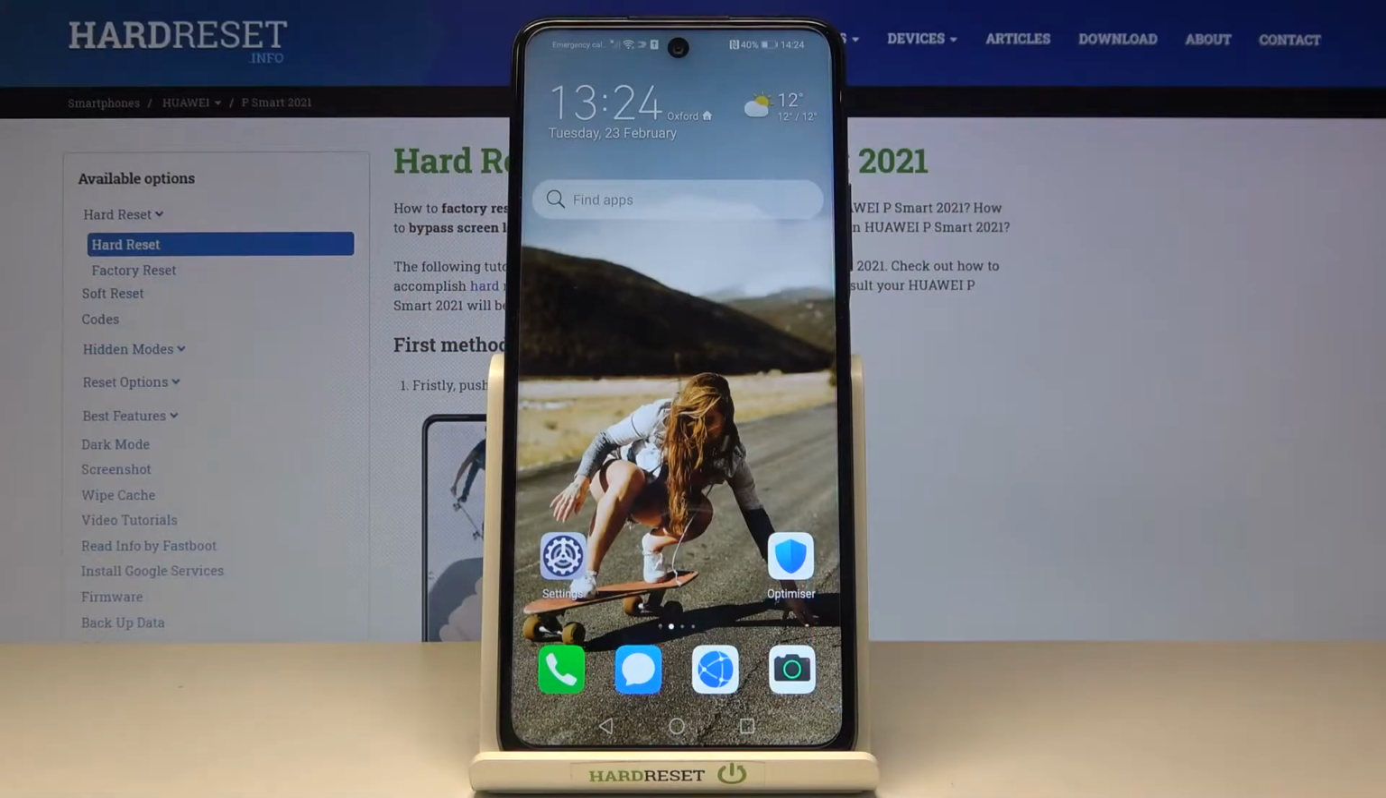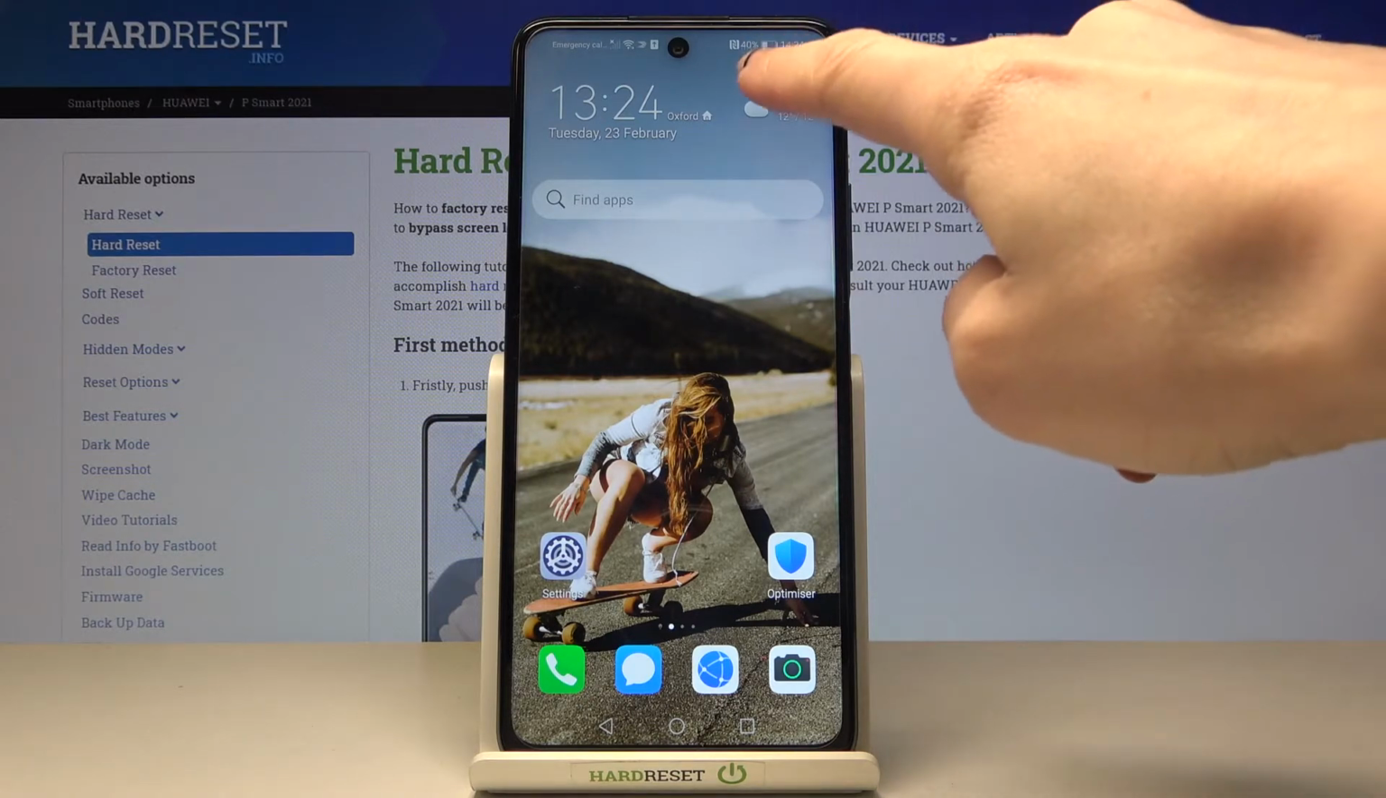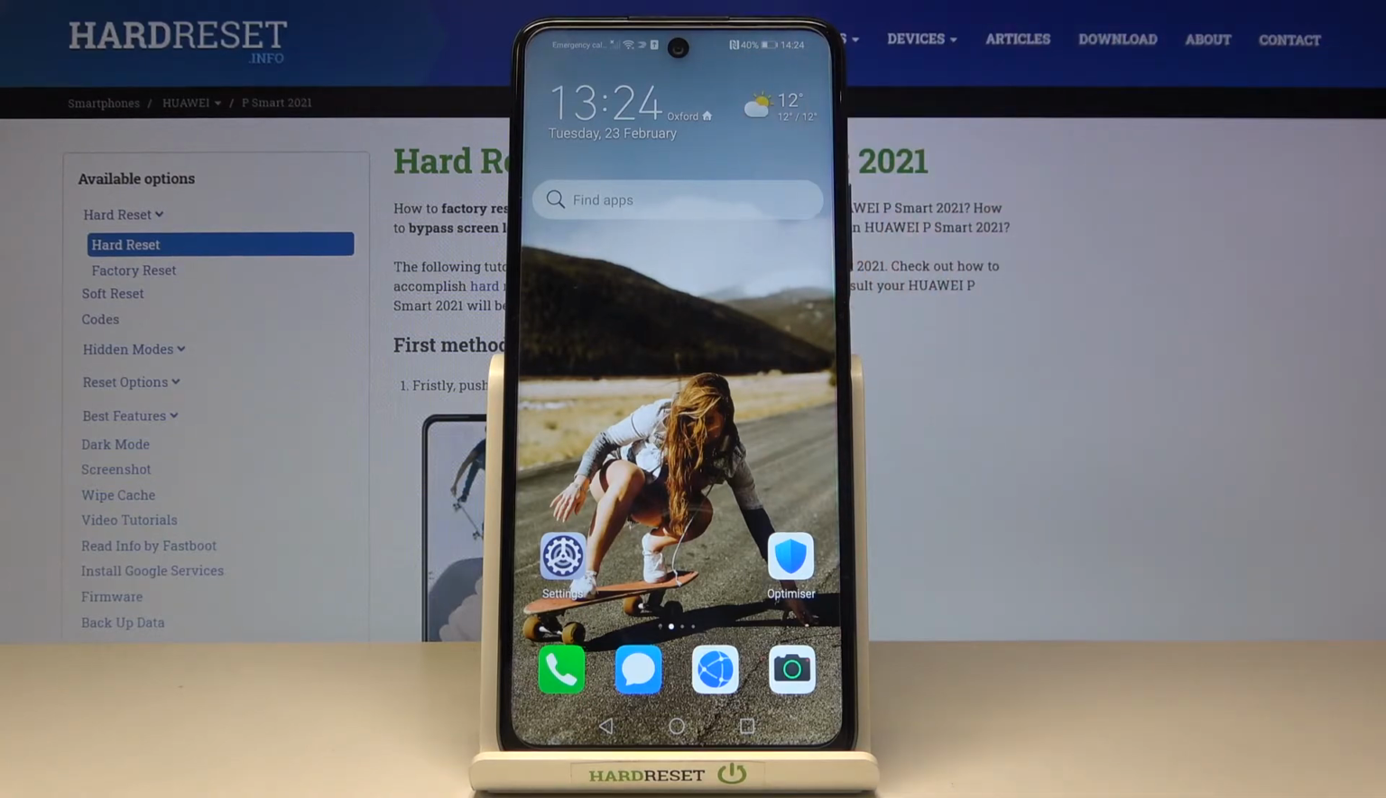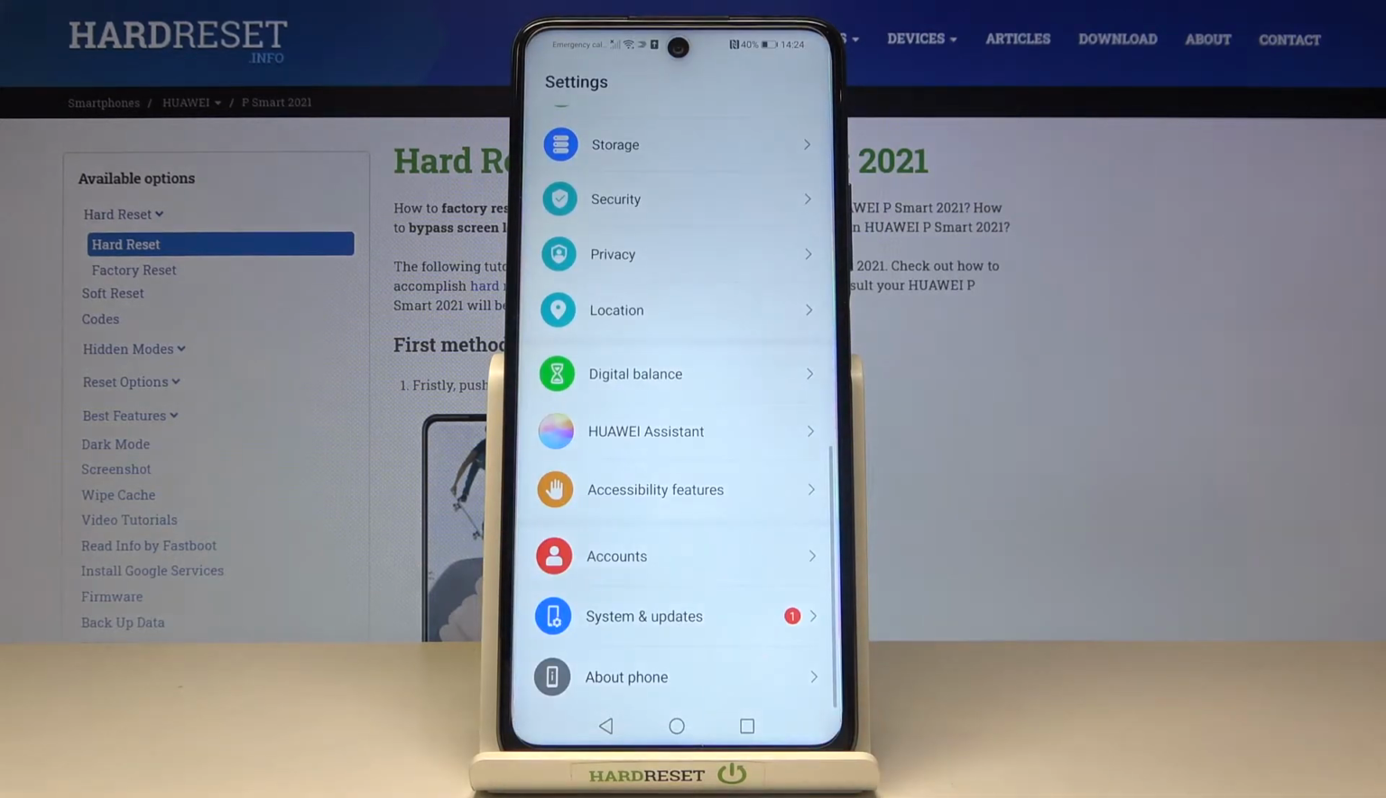In front of me is HUAWEI P Smart 2021 NFC, and let me show you how to manage battery percentage in this device. So as you can see, currently it is displayed here, right next to the battery icon. However, if you want to hide it or maybe have it in a different place, just open the settings, locate